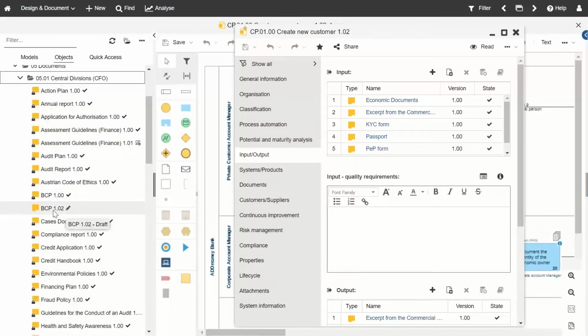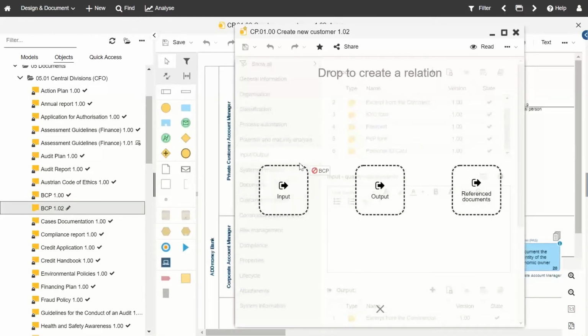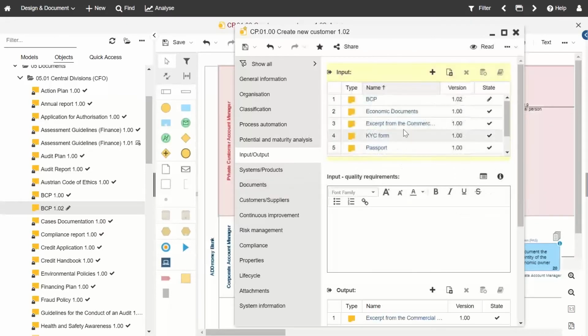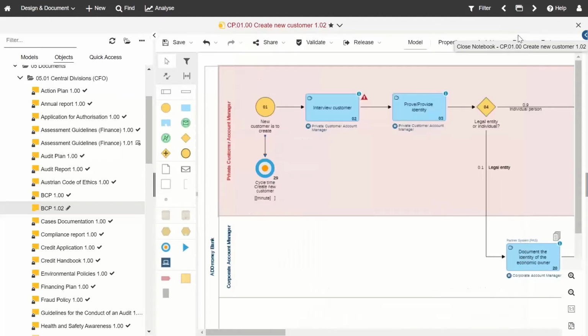If we drag and drop it onto the notebook, the notebook is smart enough to suggest the relationship we'd like to create. So if we're trying to create a SIPOC widget relationship, maybe we can choose an input, right? We can create that. It now becomes populated within that particular attribute and should then be visible on the SIPOC